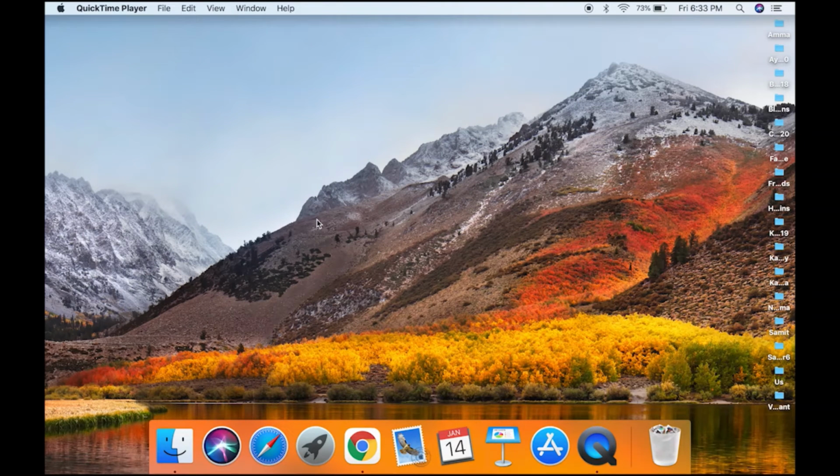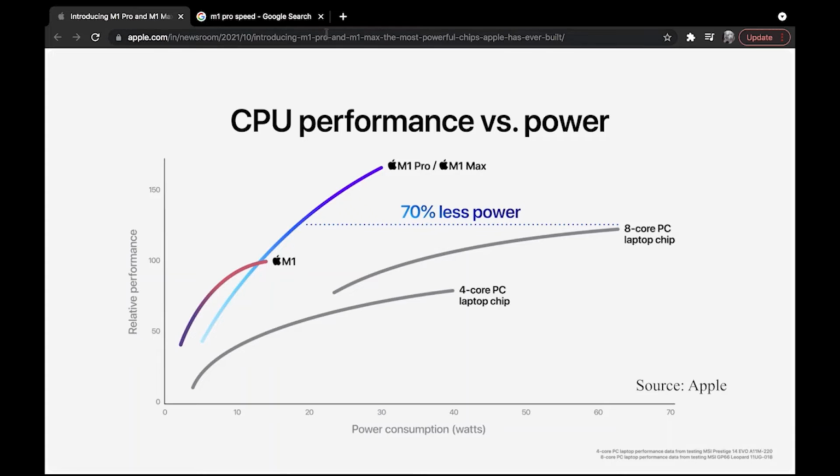So the new M1 Pro and Max, well, they have a lot of power, but exactly how much? This graph is the closest to what tries to show us the power. We're not going to be looking at power consumption, but the power. So the old M1 was somewhere around 1000 megahertz, and the new one, the M1 Pro and M1 Max, starts from about 2.06 GHz and goes up to